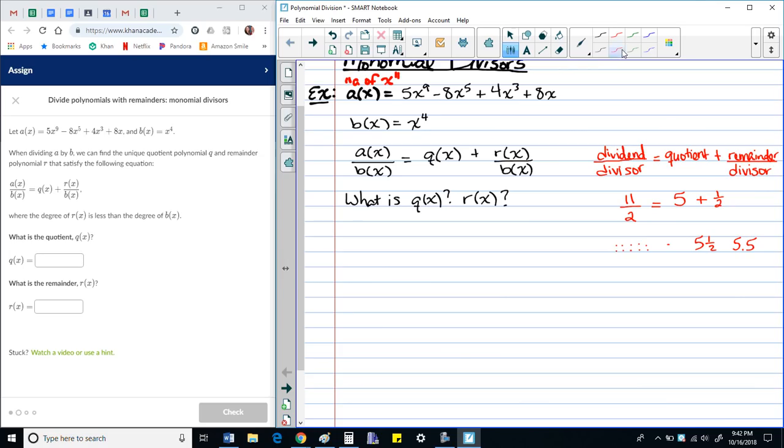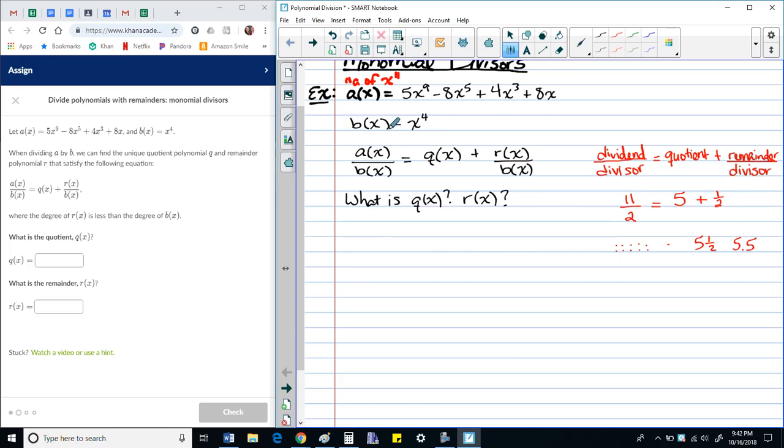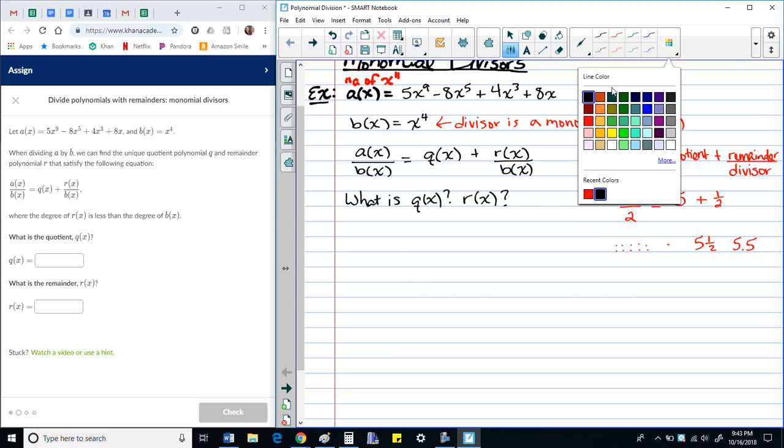Well, if you notice, b of x is a monomial. So our divisor is a monomial. What does a monomial mean? Well, mono means single, like polynomial. So it's a single thing. It's just one term. So if it's just one term, then all you have to do is split up